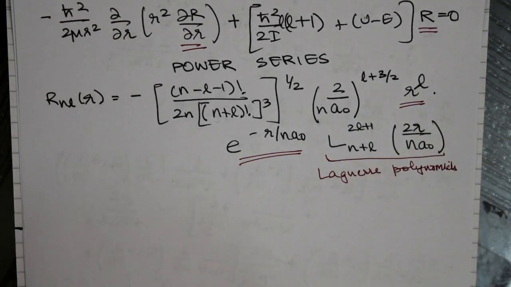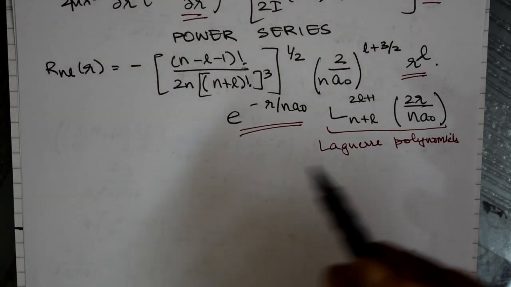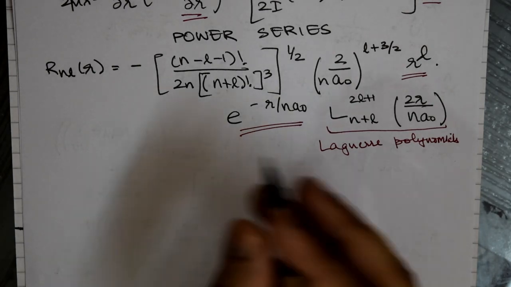In the rigid rotor model, we got Legendre polynomials, and in case of the harmonic oscillator, we saw the Hermite polynomials. So the radial part of the hydrogen atom, when solved, its solution is given by the Laguerre polynomials. Of course, this is incomplete without defining what the quantum numbers are.